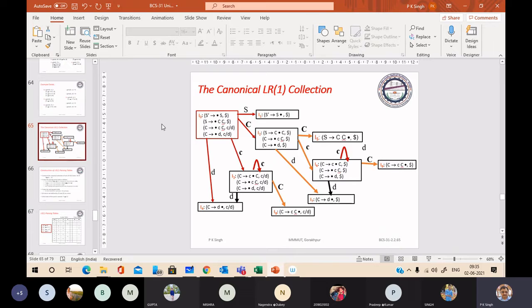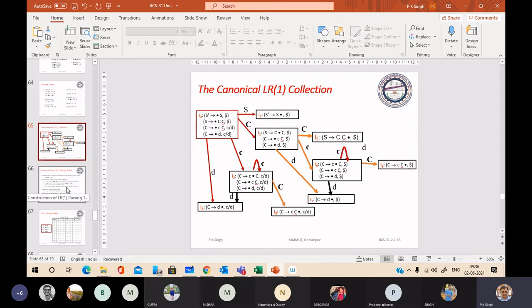This is the DFA for the construction of the canonical collection of LR(1) items. We have item sets I0 to I9.